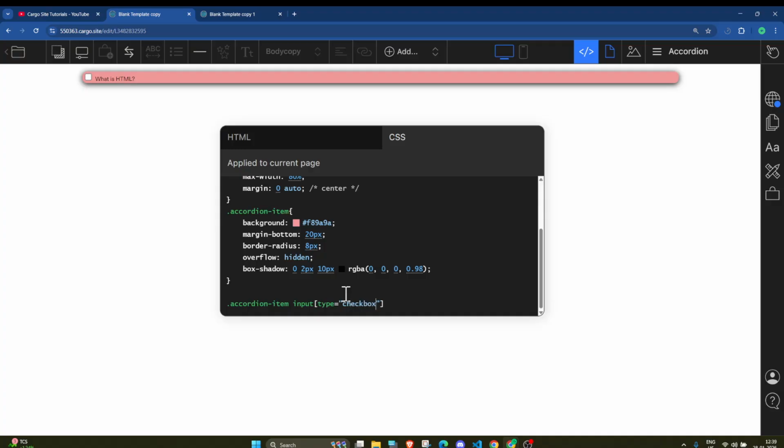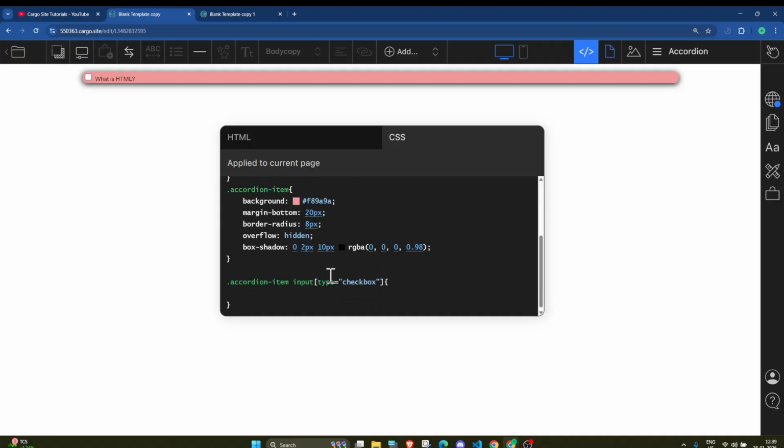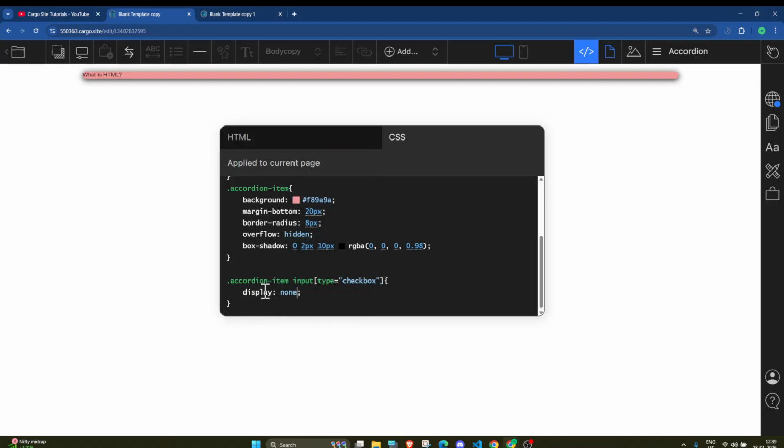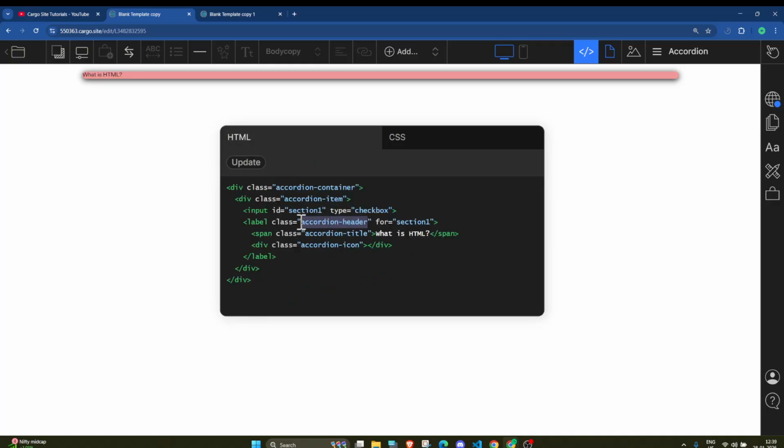So basically this is how we are going to select this checkbox, and by default we will hide it. So now we have made this hidden, and now we will style the accordion header.